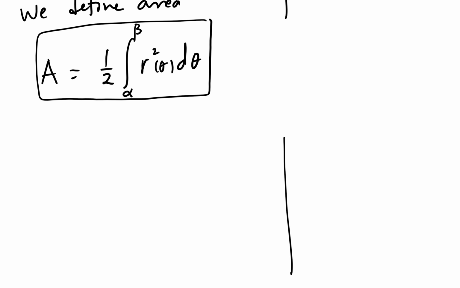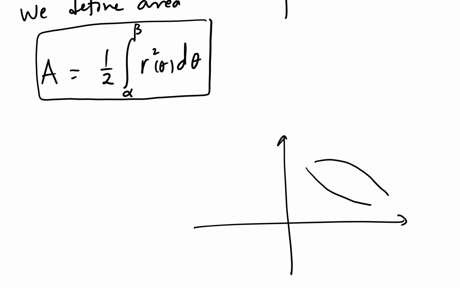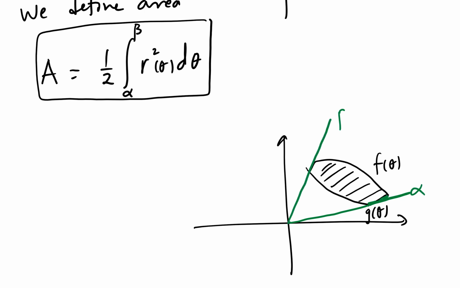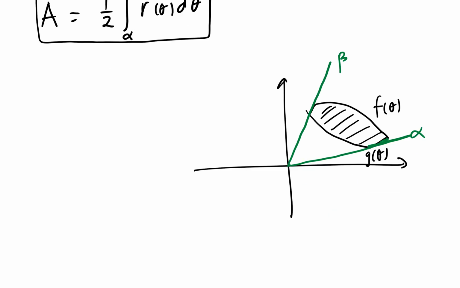How about if it's not always like this? Maybe you have curves like there, or sometimes you have two curves. Let's say you have a curve here and another curve there. Call this f of theta, this is g of theta. And we need to calculate the area of this region. So the way it works, you're going to project this from alpha to beta, and the way we set this up for area,